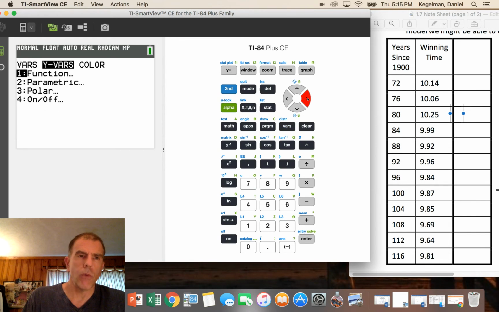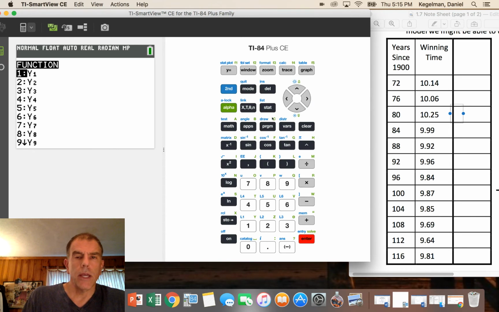And what we're going to do, I think it's Y variable equations. I think that's what it stands for. And we're going to choose function. And what we're going to do is, oh, geez Louise, I did this wrong. I was going to copy Y1 in there, but I just remembered our function's not in Y1. So in order to do this,